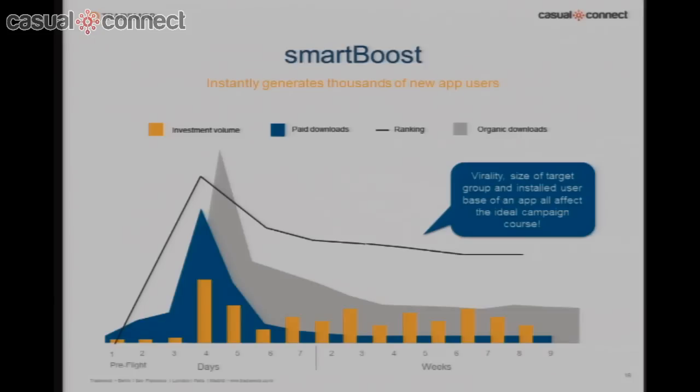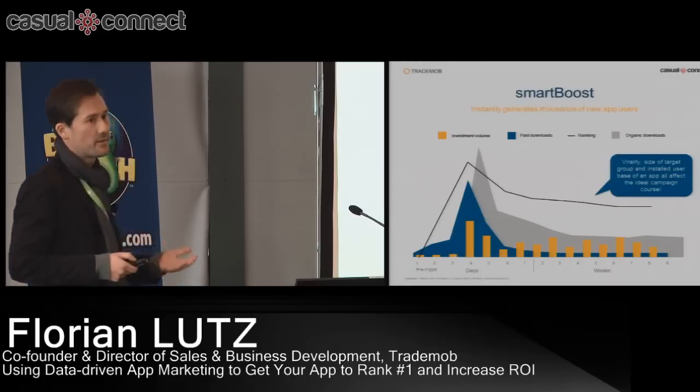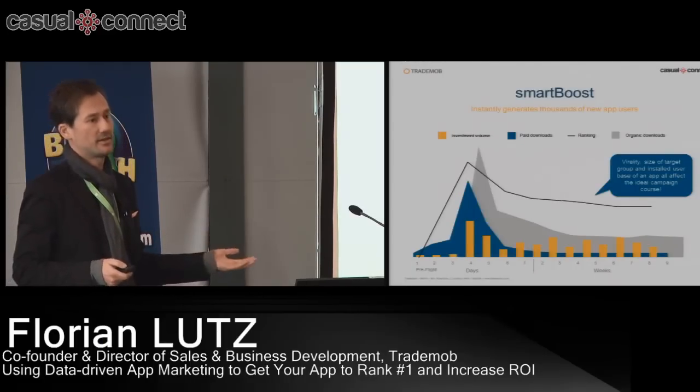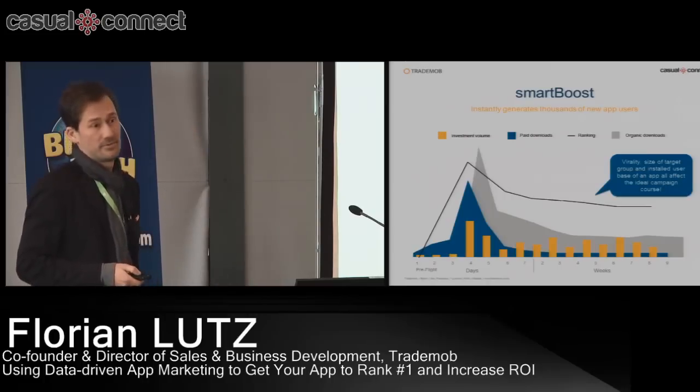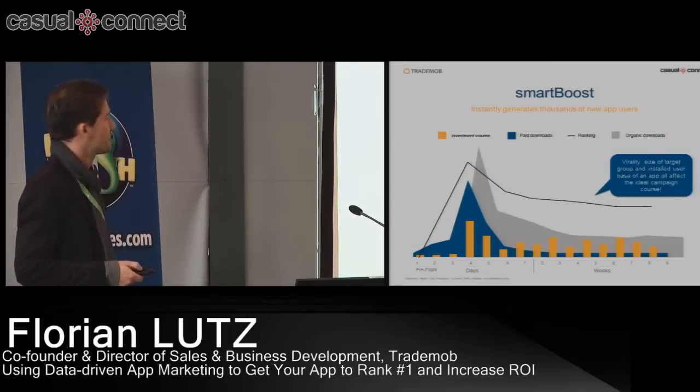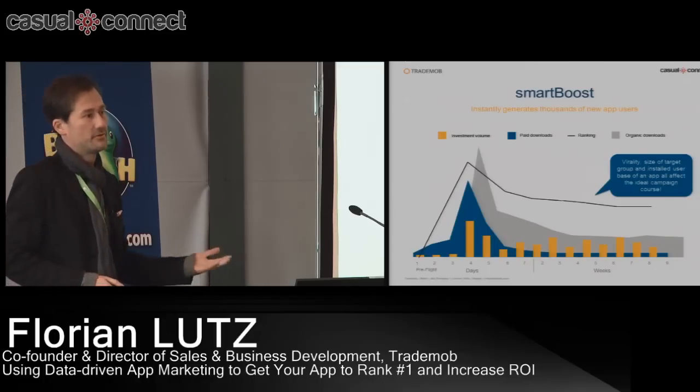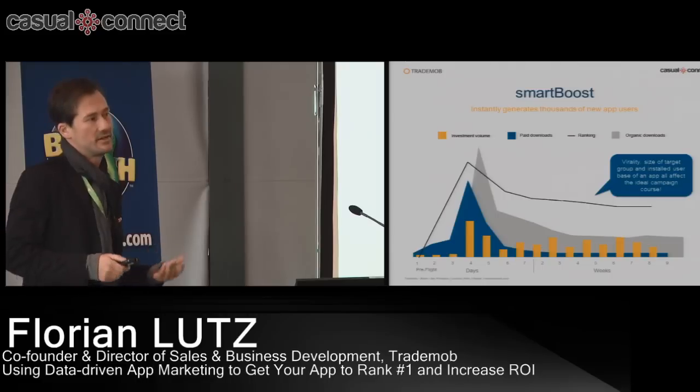Because you're buying so many downloads that way, your ranking will improve massively. And once you're up in the top 4, and that's obviously where you want to get, you will see a massive rise in organic downloads. That's something you can do yourself, right? You don't even need tracking for that, because if you plug into AppGratis today, they will pump you up, almost guaranteed. The problem occurs because the next day you will smash down the same way as you've risen up. So it's not really a solution.